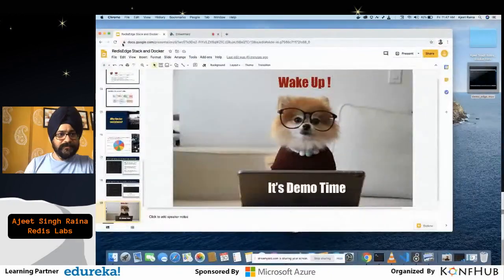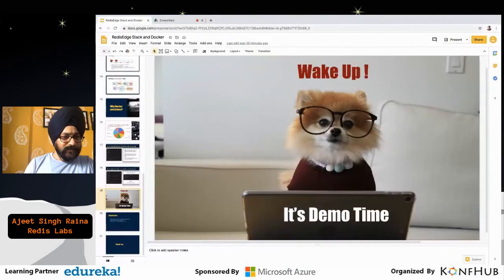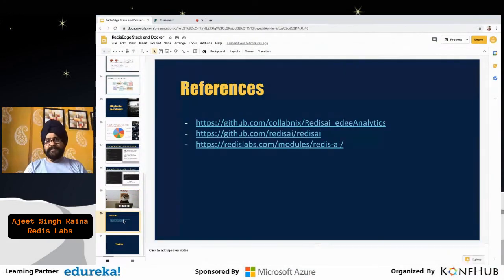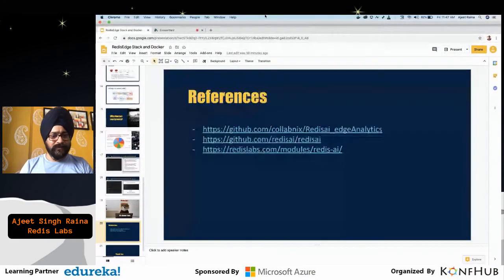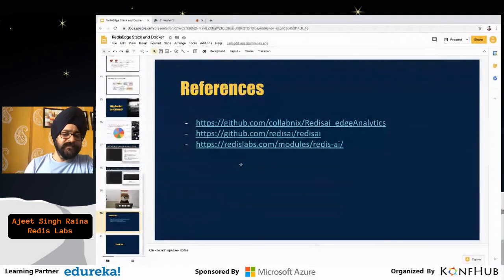Okay, and I think I'm done with this presentation. I don't know whether we have time, but definitely these are the references which you can go through. You can see this code and the Docker Compose file on Redis AI Edge Analytics.